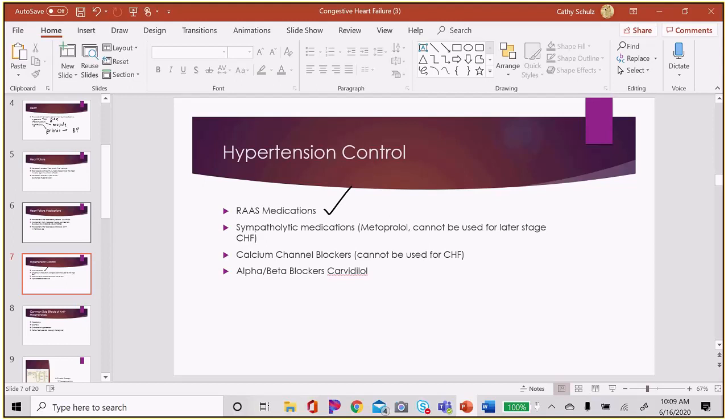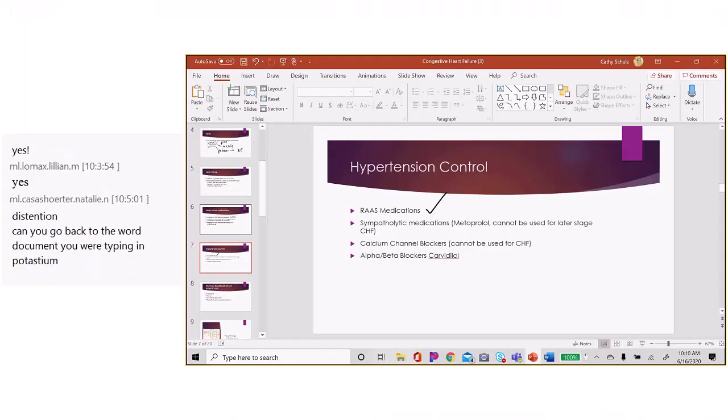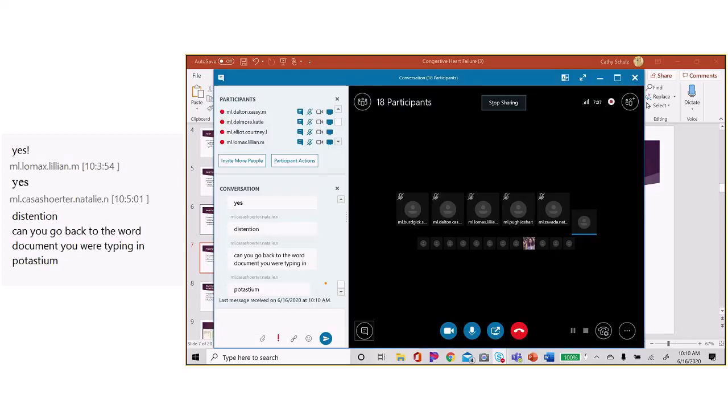Except if they can't take it, because why wouldn't they be able to take it? Allergic. If they've had angioedema to either of those, which is one of those severe allergies, then they can't take it. So we're going to have to try something else. That'd be sad, but we don't want to kill them. Potassium, well, it depends on how high it gets or if they're not compliant with restrictions. There is medication to bind potassium, so it's not like you can't do it, but